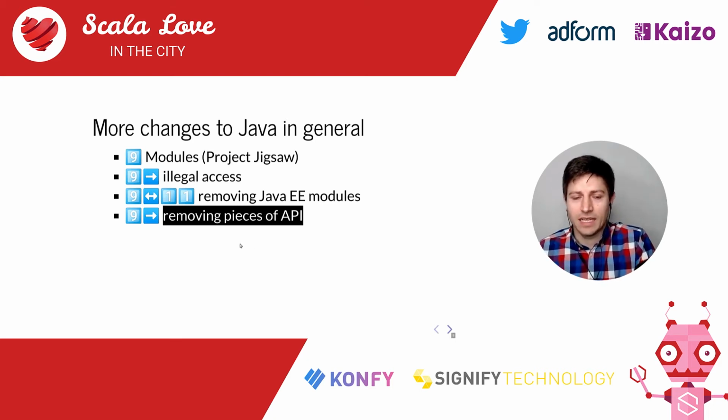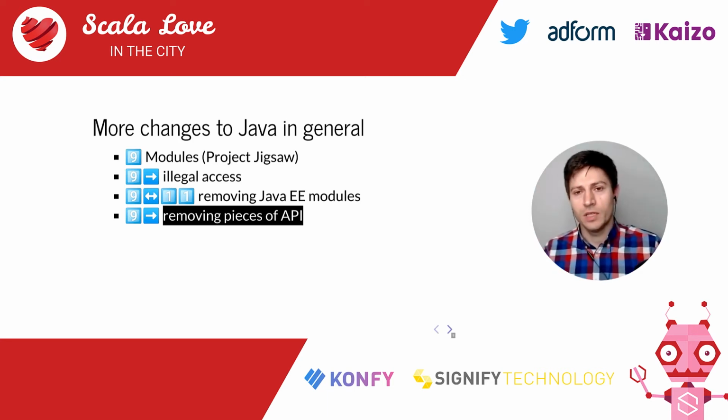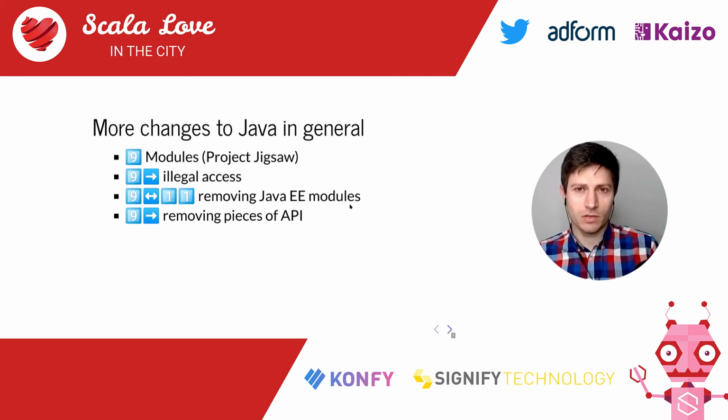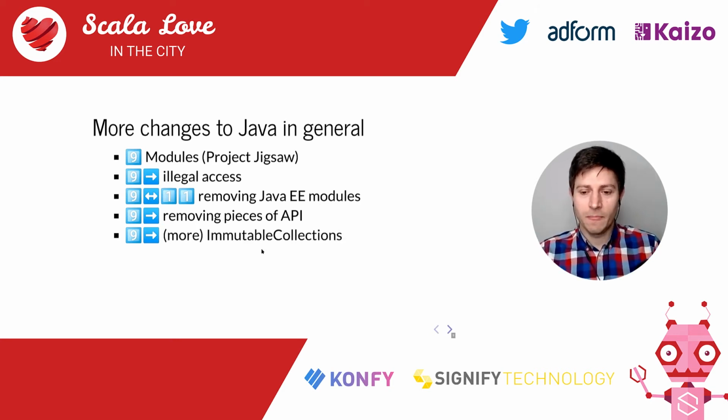Until Java 8, at least in theory, Java was backward compatible. Of course, not in all cases, but the majority of the time you could be pretty sure that if you wrote something in Java 1 or 2, it would run up to Java 8. However, if you are using, for example, these modules which got removed or making some other calls, now it might happen that your program won't run in, for example, Java 9. One of the greatest examples is that various methods are removed from Unsafe.